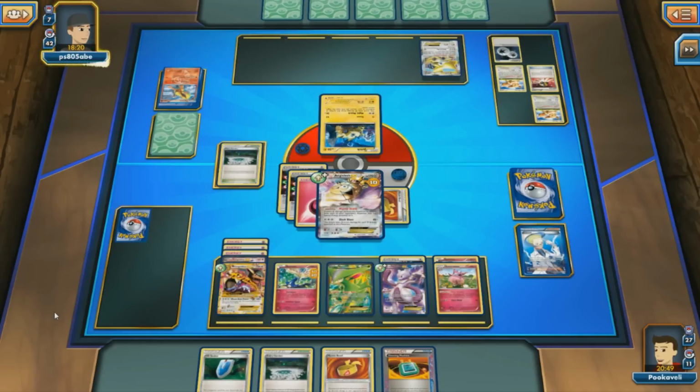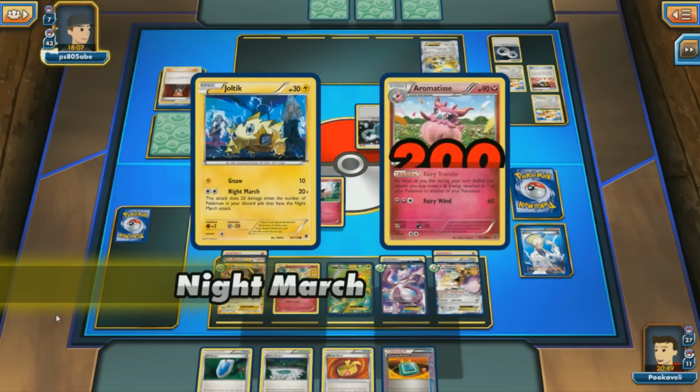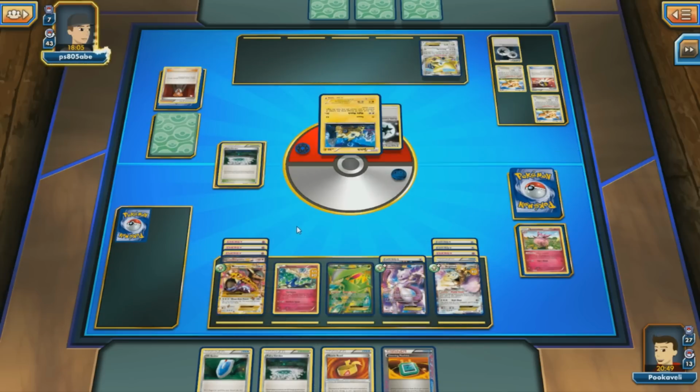And looks like this victory is pretty much inevitable at this point. You can see my opponent definitely was the aggressor in this game, but once we got Mega Kangaskhan out, once we got Aegislash out, the game just completely slowed down. We got a Max Potion off at a good time. And sure, Aromatisse will go down. I can't move my energy anymore, but